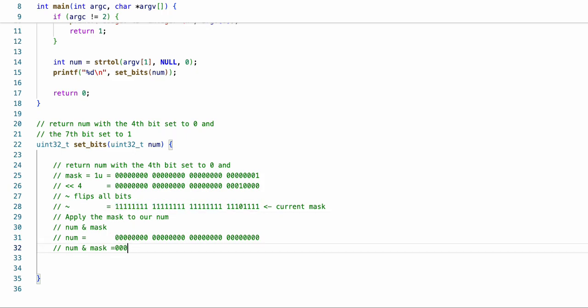So 0 and 1 is going to equal 0, and the same with the next bits. At the 4th bit we have 0 and 0, so that still leaves us a 0. So we have our original number returned,